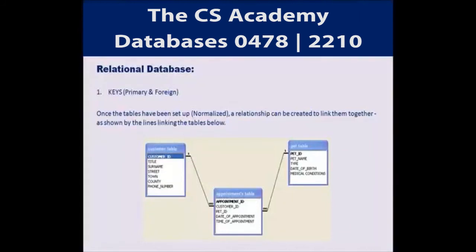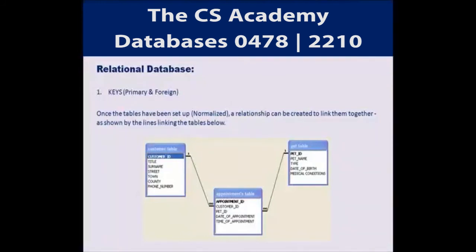Now the keys concept which we have while understanding relational databases: one key is the primary key and the second one is the foreign key. First of all, we are just discussing these two keys only. That means, what is the primary key or the access key, and what is the foreign key. Primary and access key are two names of one key, that is known as the primary key. As for the foreign key, it follows the primary key. So this is the foreign and primary key concept, and in each table there is one primary key only.